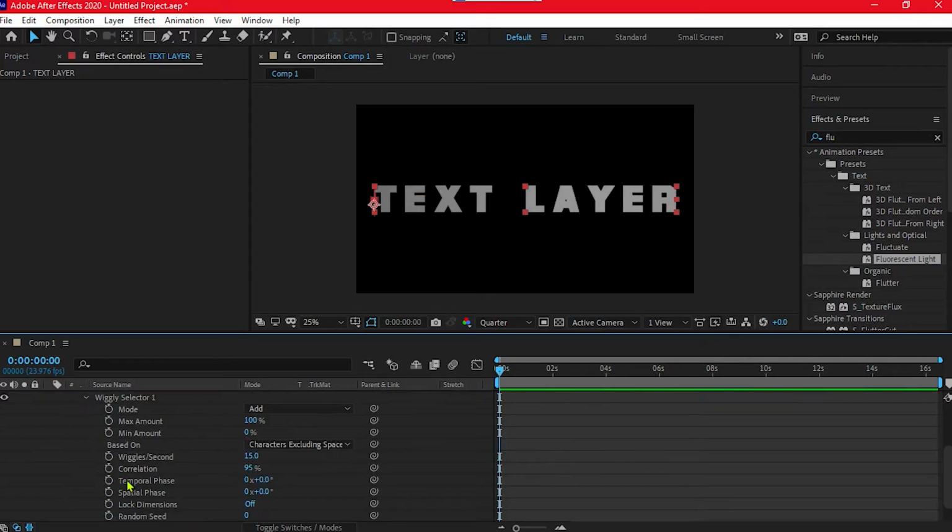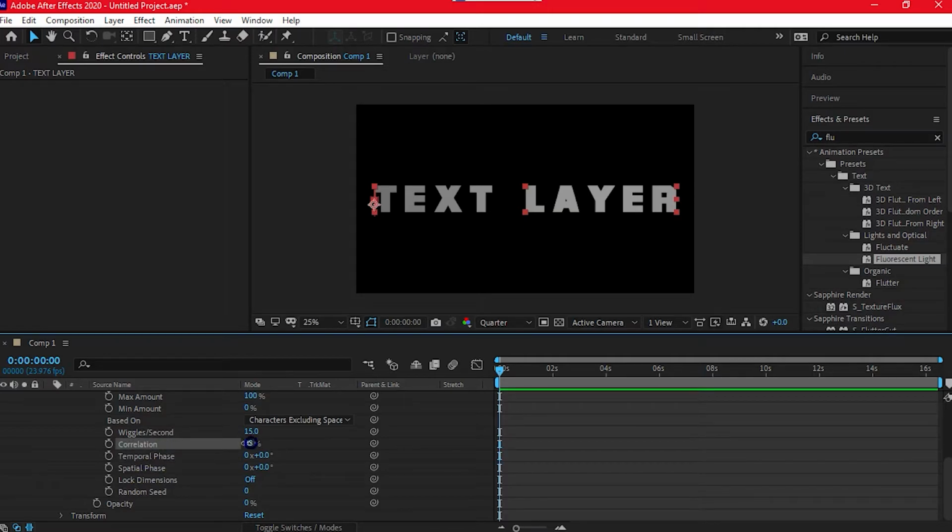If you go to Animator 1, you can see that the correlation is at 100% or 90%. If you make changes in this, there is a lot you can do. I'm going to make it about 80, because this will look a little random, and if it is random, then it will look good.